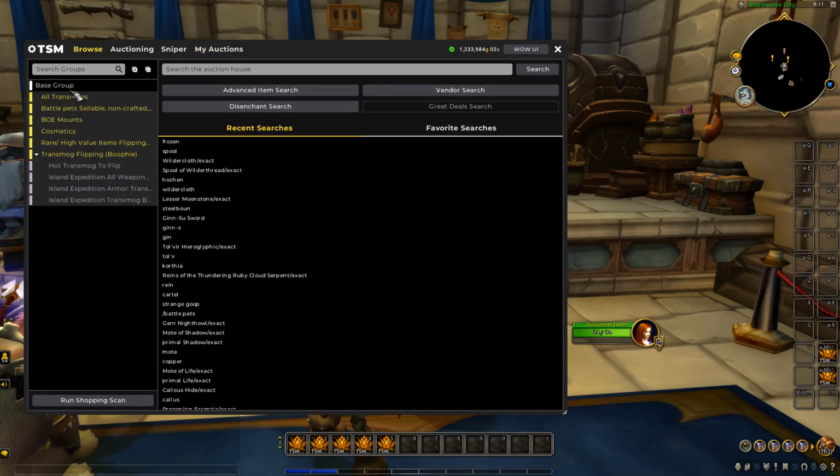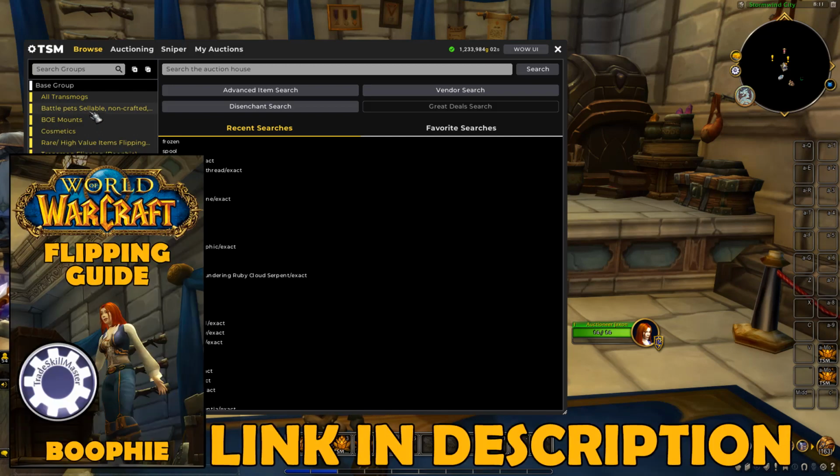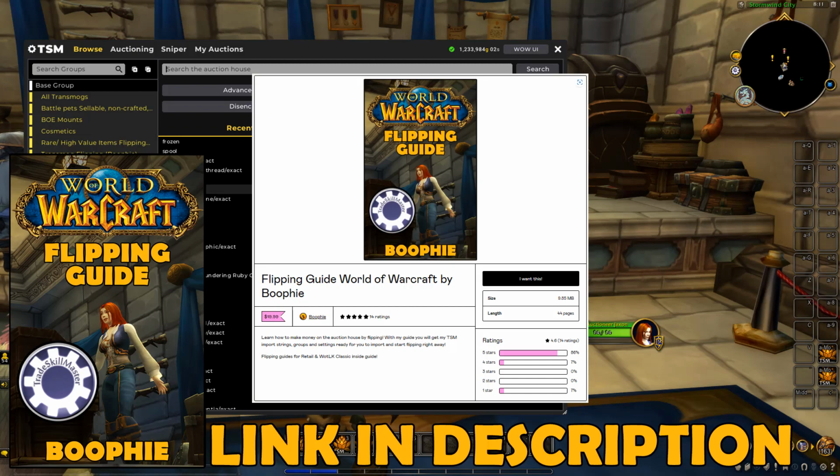So what we'll do is we'll actually do a scan of all the groups. Now you can find all these groups, basically they're groups of items that I've picked over the years that I recommend flipping. So the best items for flipping, we've got all transmogs, battle pets, mounts, cosmetics, recipes, and then some really expensive and rare transmog pieces that are really sought after, and that is all inside of my flipping guide, which will be the first link down below, and you can basically import it straight to your TSM